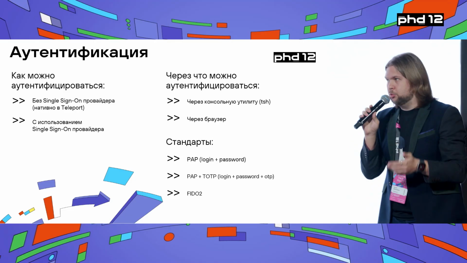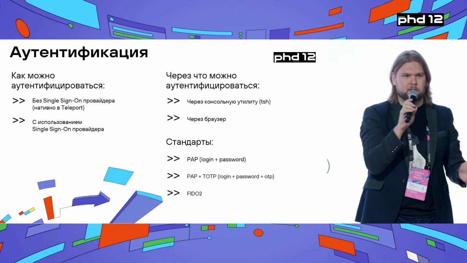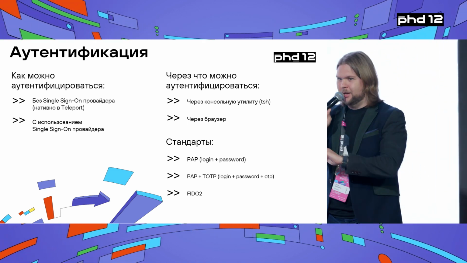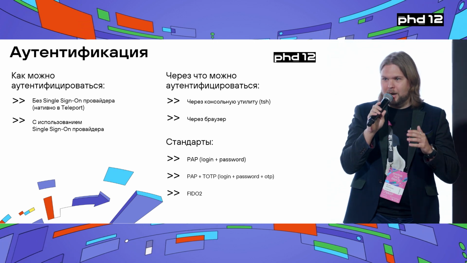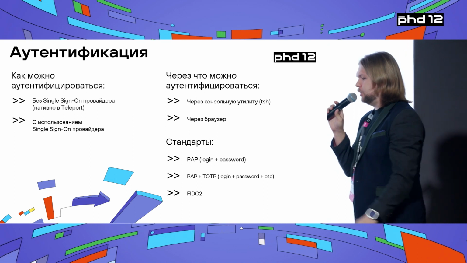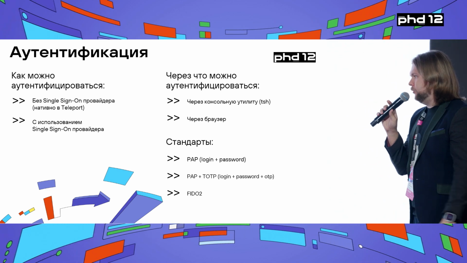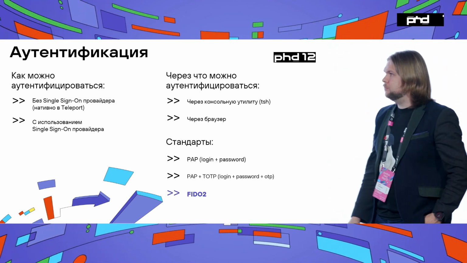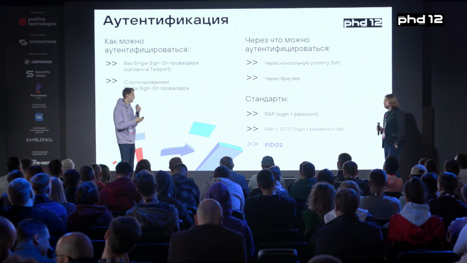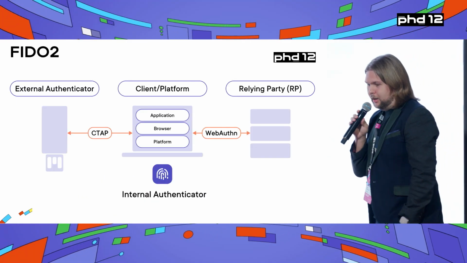Here we speak about native authentication, so there are three options. The first option, login and password. Certainly this is not suitable if we would like to authenticate people using login and password. In that case, we do not need Teleport. The second option, login, password and OTP. And the third option, which is the most interesting, is FIDO2 authentication. There is also such a notion as WebAuthn. How is it connected with FIDO2?